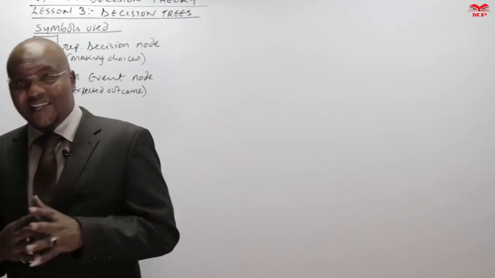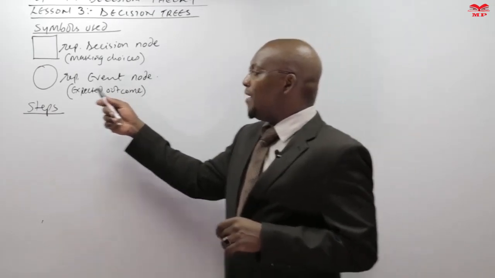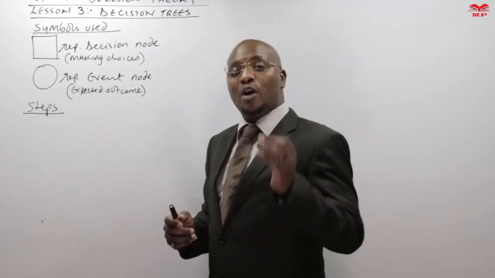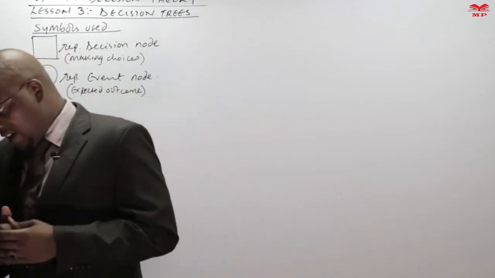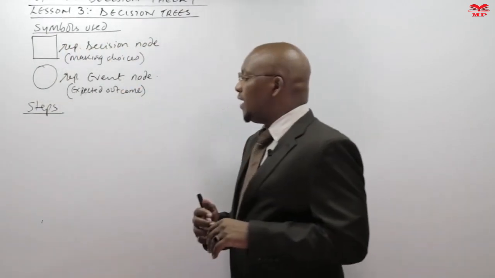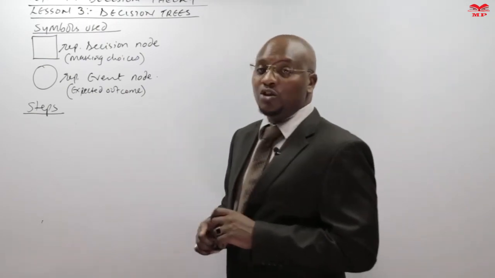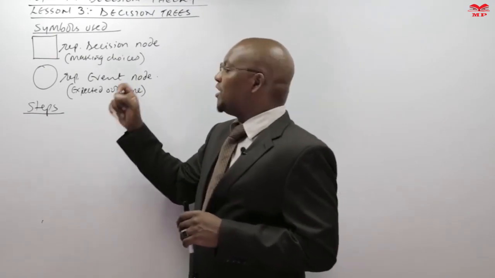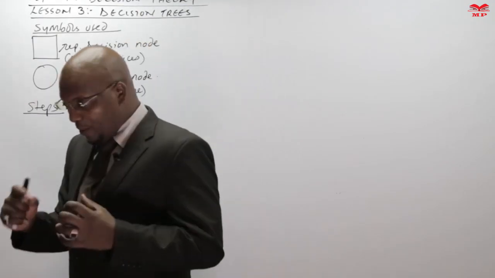Number 3 is assigning the probabilities to the states of nature. Remember, where we have a circle, we are going to have the outcomes, or the states of nature, and they are probabilistic in nature. So we will have probabilities assigned to each state of nature. Then the next step is to estimate the payoffs of each event and action. If you have a combination of the state of nature and the decision, you look at the outcome. How much is the outcome for every combination,